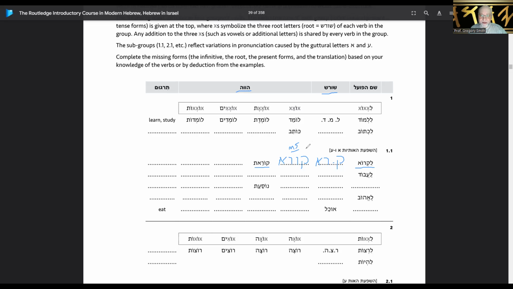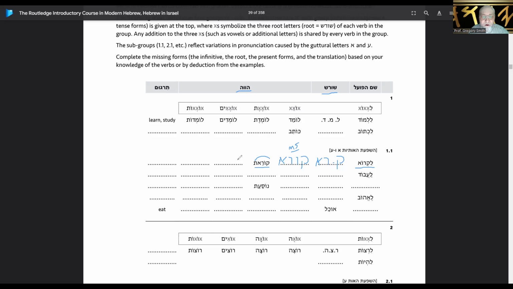Or you could say he is reading. You could say hu kore, he is reading. You could say she is reading by saying hi kore, she is reading. Okay, and they're giving us actually she would be this one right here, korate. The he, I'd be like he korit. Okay, and then the next one would be